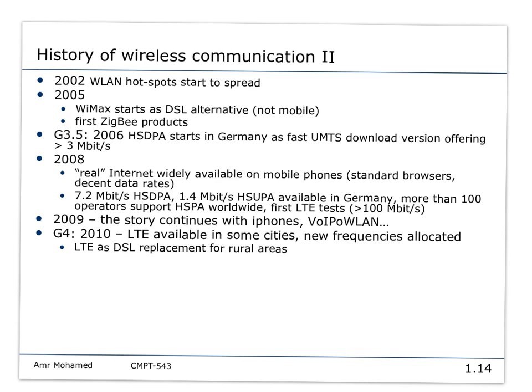So there are HSPA and HSUPA and things like that. There are some variations that came with UMTS, which we will talk about later as well. And these started to provide data rates of more than 100 megabits per second. So from 50 kilobits per second, we started to see hundreds of megabits per second,